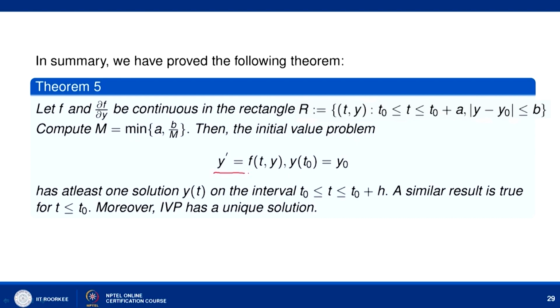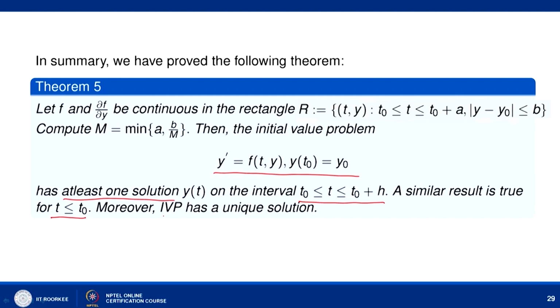Then the initial value problem y' = f(t, y), y(t0) = y0 has at least one solution y(t) on the interval t0 to t0 + h. So this theorem guarantees that there exists at least one solution, and we can also use a similar argument to show that the solution exists for some interval t ≤ t0 in the same way. And now we want to show that not only does it have one solution, but it has a